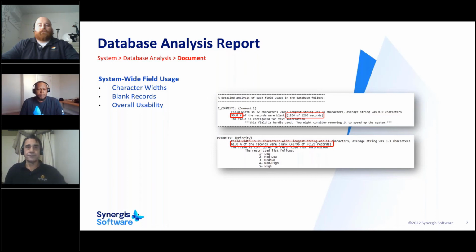Want to look at blank records and the overall usability of how these properties are being used. Right? So some properties may not need to be in there at all. But this will give you an idea on which ones are empty, which ones are more used versus the ones that are